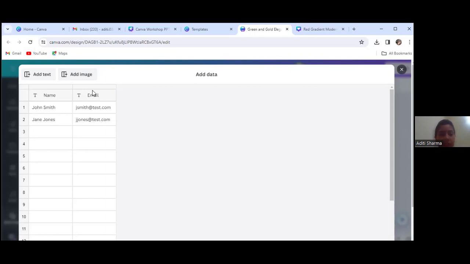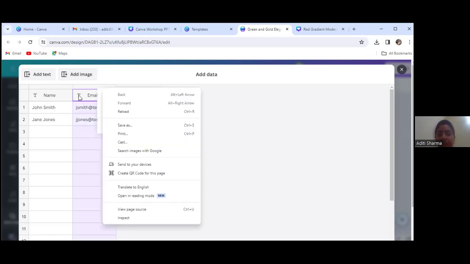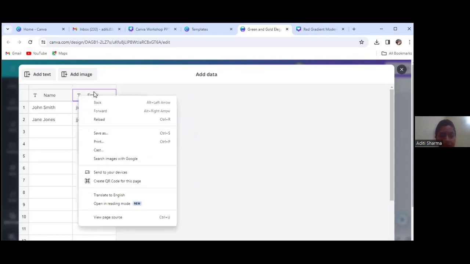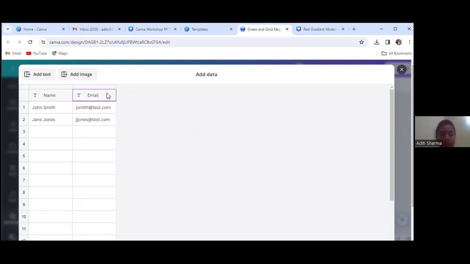I don't want this column. मुझे ईमेल वगैरह कोई चेंज नहीं करना है, तो मैं राइट क्लिक करूंगी and delete the column. Just a minute. Just delete the column. मुझे सारे सर्टिफिकेट्स में सिर्फ नाम चेंज करना है. Yes?